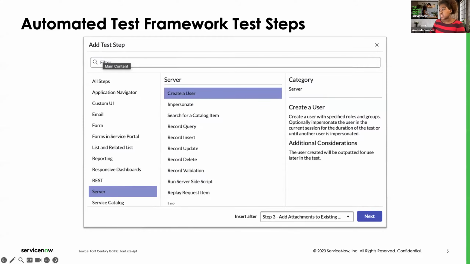In addition to that, if there is some type of functionality that you don't necessarily see here, you do also have the option to create your own custom test step. One thing to keep in mind is that that does require some scripting experience, but when you navigate to that module to create your own test steps, there is some example code that is scripted out, so you don't need to worry about being completely on your own when it comes to building that custom